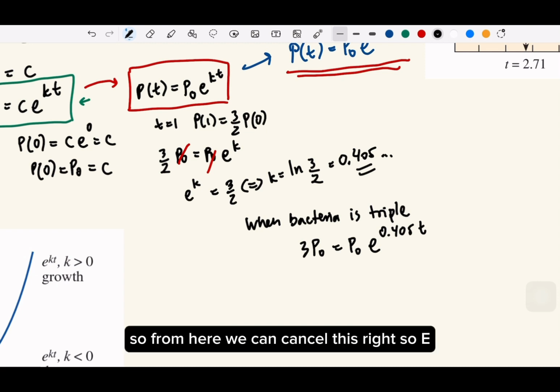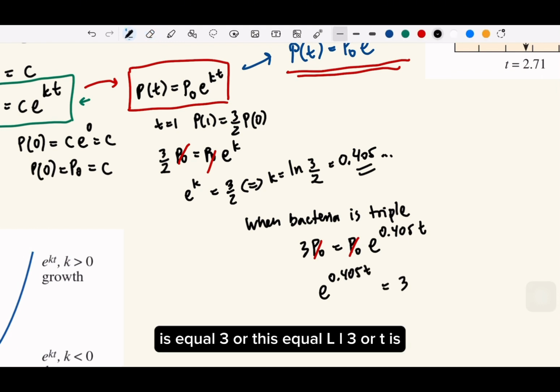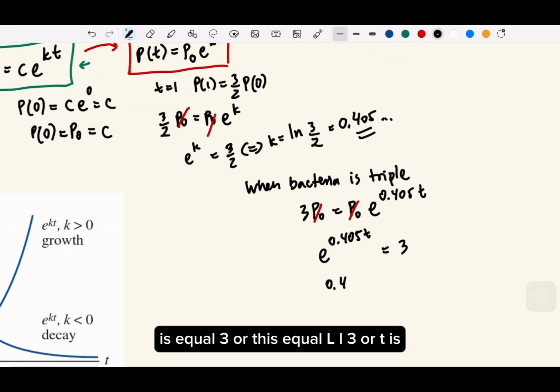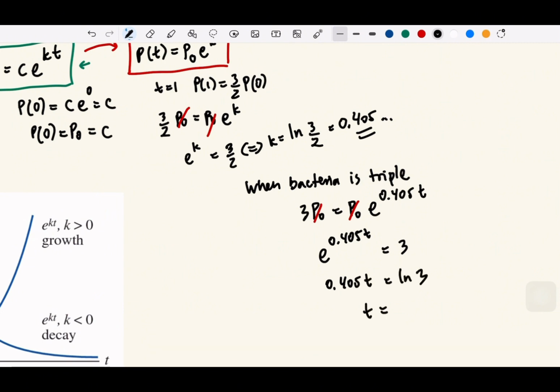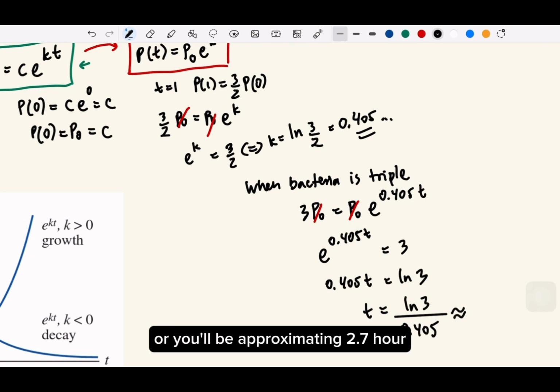So from here we can cancel this, right? So e to the power of kt is equal to 3, or kt equals ln 3, or t is ln 3 divided by 0.405, which approximates to 0.7 hour. Okay,